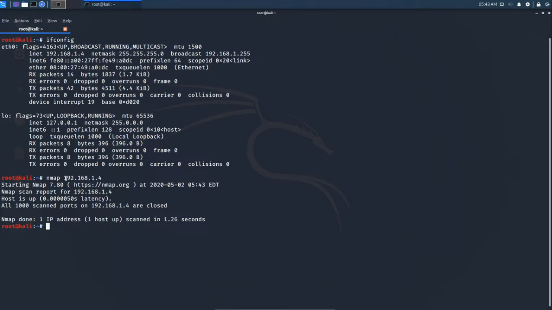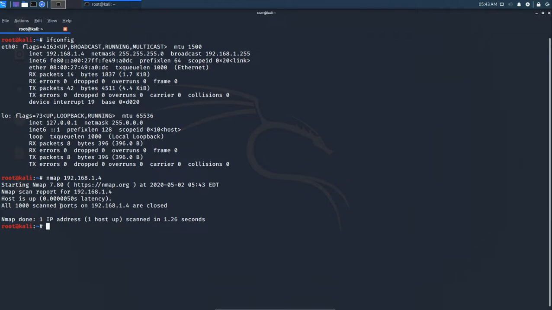I think all members have an idea about ports and hosts. With the help of a port, we can exploit devices or services. To scan an IP address, we use the following command: nmap space IP address.